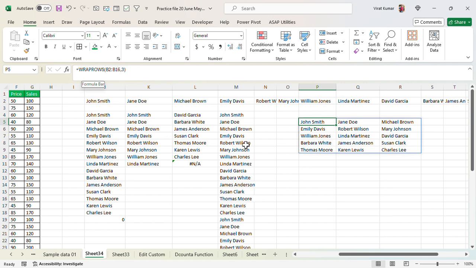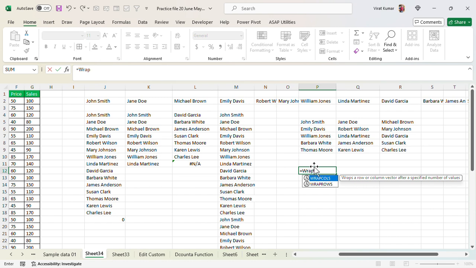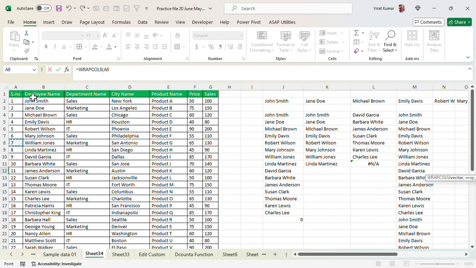This is REPT rows, and the other one is REPT cols. Vector, again we select our vector, a simple array. I select this array. Okay, and how many columns do you want to split this data into?